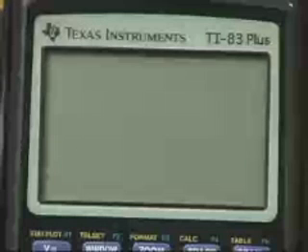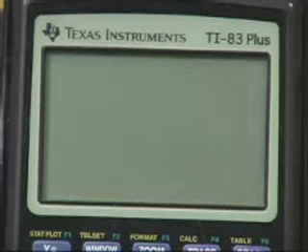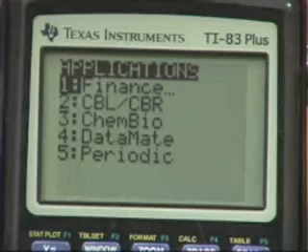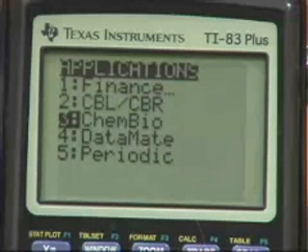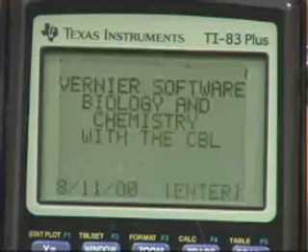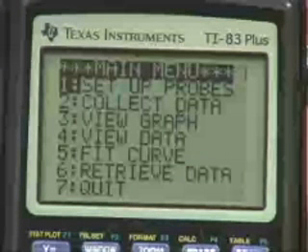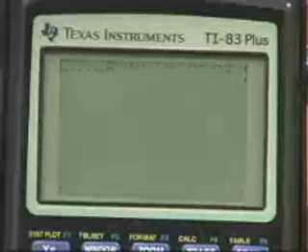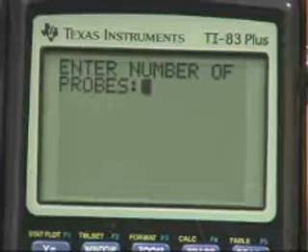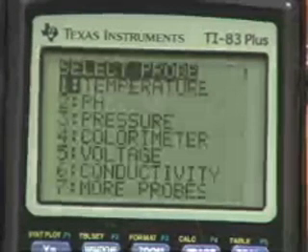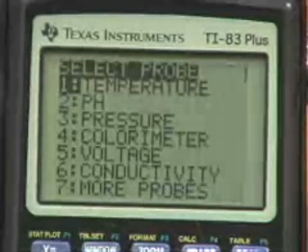We're going to calibrate a CBL conductivity probe. To start out, press apps on your calculator, select ChemBio, press enter, go to Setup Probes, number probes 1, type of probe,